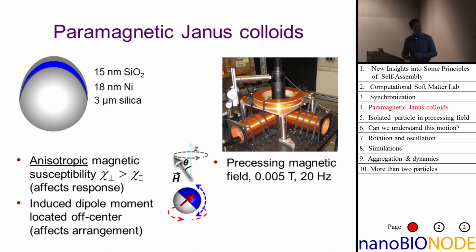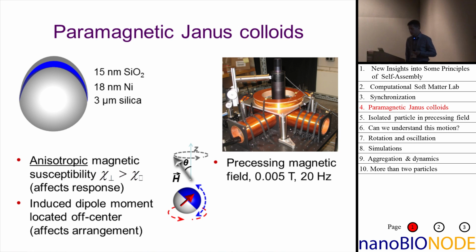So we set out to try and investigate that, and we did that using Janus particles. Janus particles are spherical particles where one hemisphere has a different coating than the opposite side. And in this case, the coating is on a silica particle, and the coating itself is a hemisphere that is made out of nickel. It's a very thin layer, so thin that the nickel actually acts as a paramagnet. Now this particle, and so the picture is totally exaggerated, right? This is a very, very thin coating compared to the diameter of the particle. Particle is a few micron in diameter.